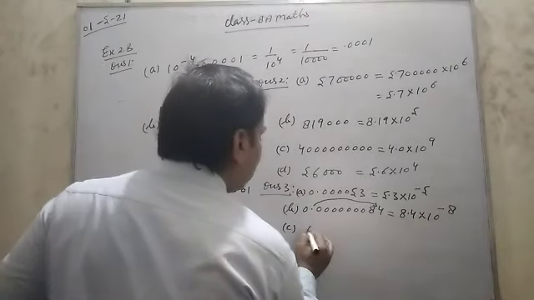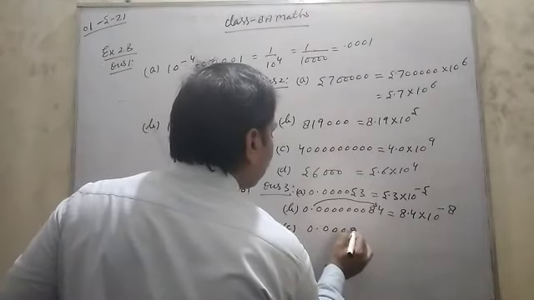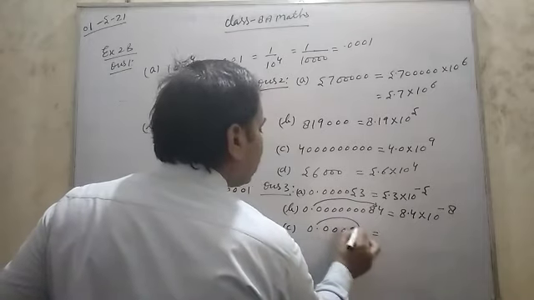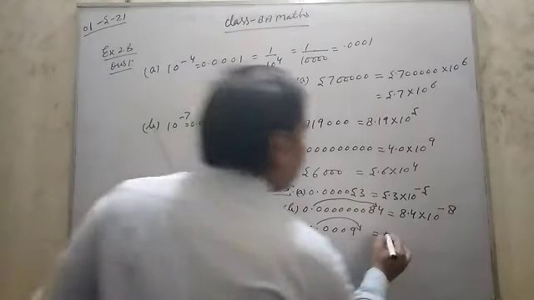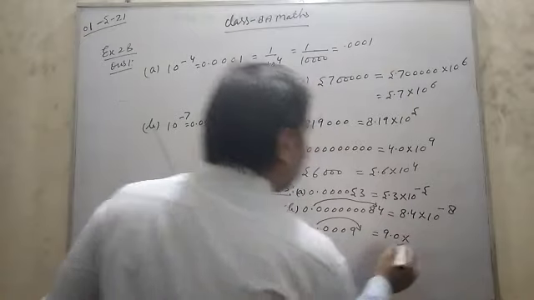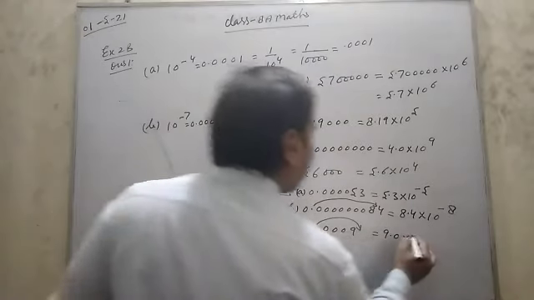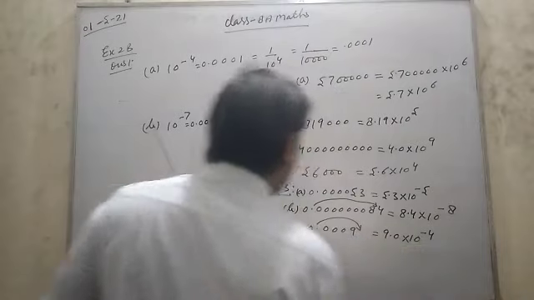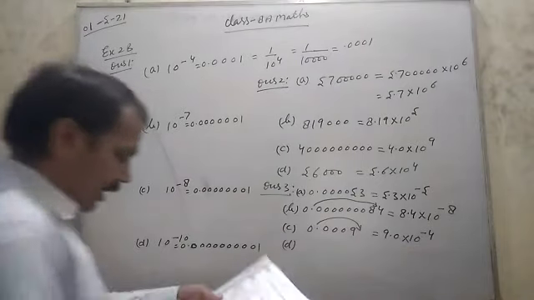Next, 0.0009. So the point will shift here. So we will write 9.0 into how many digits? 4 digits. So 10 to the power minus 4. And last,